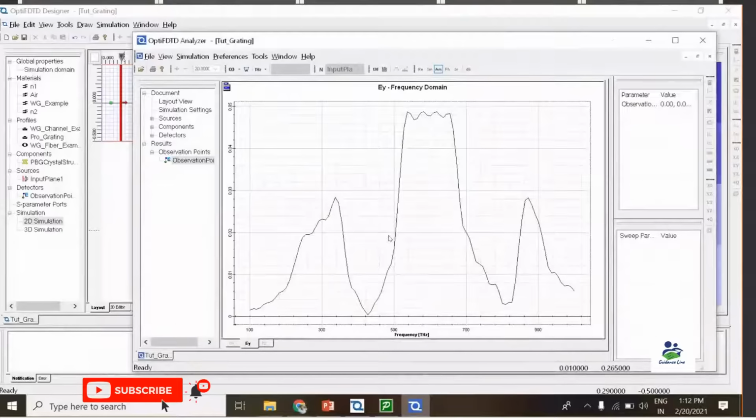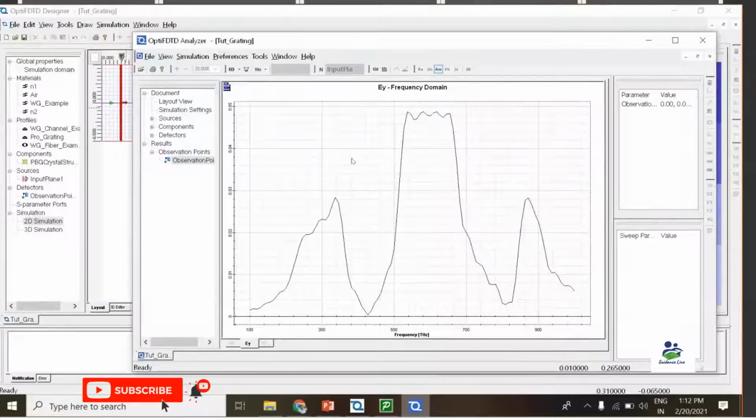So you can see we have these three peaks over here, which show the reflectance at this particular point of the grating. Now you can see the structure is something like this.